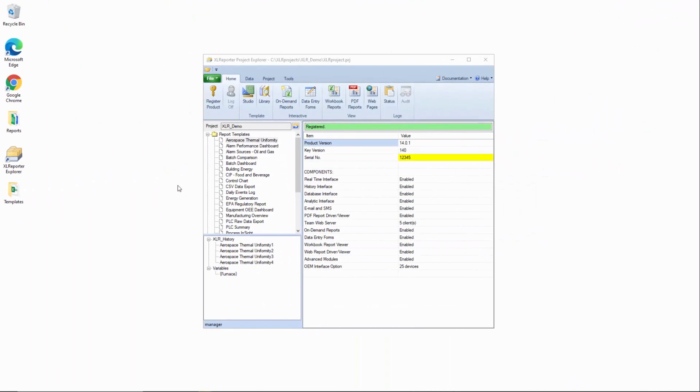Okay, so I've got my Windows desktop loaded up here with the XLReporter Project Explorer open. And the Project Explorer is the first thing that you'll be greeted with when you install the product. This application is basically a hub of all of the different tools that you'll use to design and deploy the reporting application. However, you'll notice that by default, the XLR demo project is loaded, which is sort of a